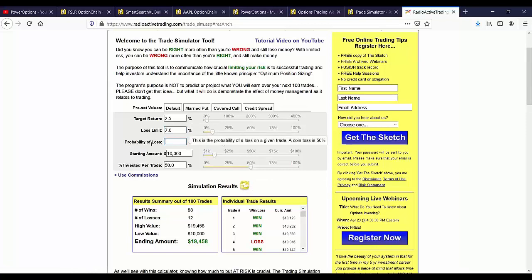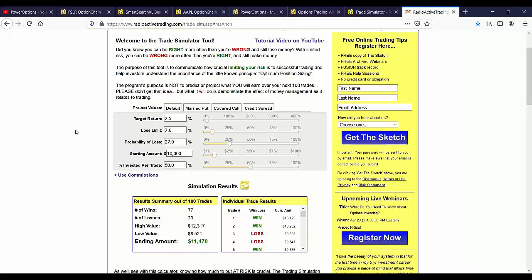And let's go back to our 27% probability. And there you go. See, now you're at 77% and you're starting to do it. But that's all dependent, knowing that you're going less out of the money for a higher return of 2.5% in this case. And then, of course, here, controlling the losses to 7% as well. Okay, now,